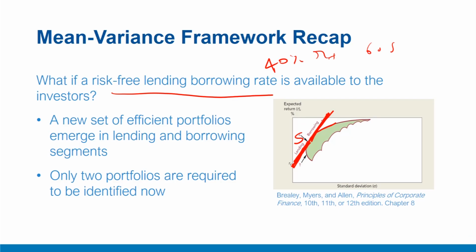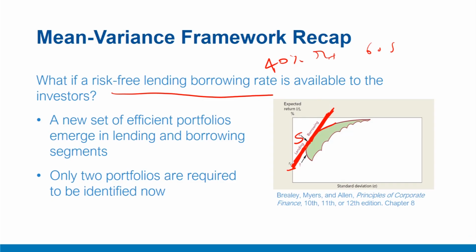Importantly, this is also called the two portfolio theorem or separation theorem, because now we need to only identify two portfolios, that is RF and the tangency portfolio S, to offer a wide range of risk return profiles, or what we call the new efficient frontier represented by this straight line. Also,